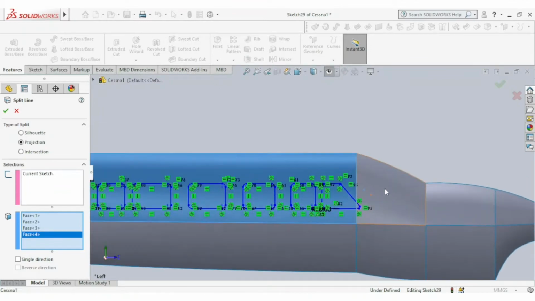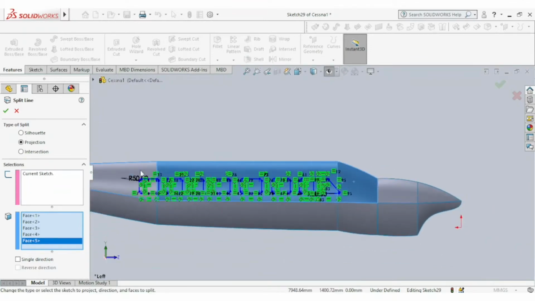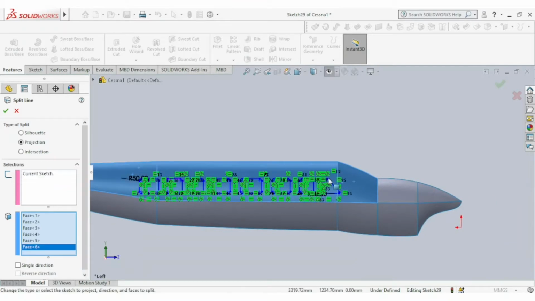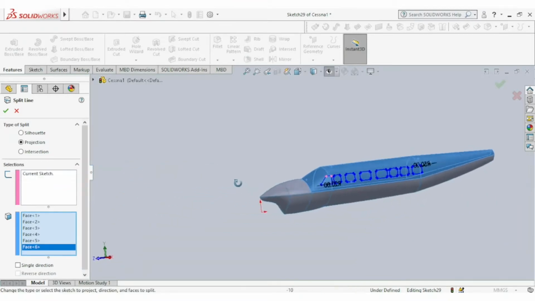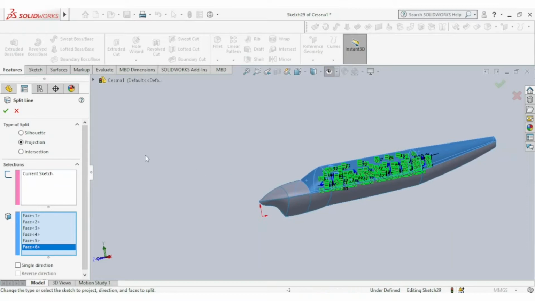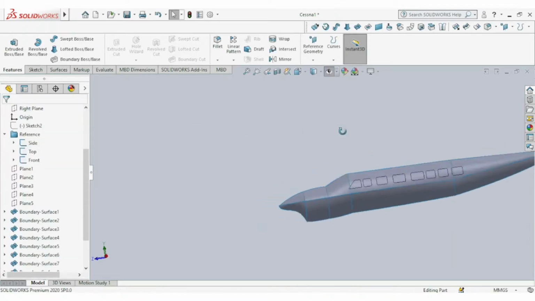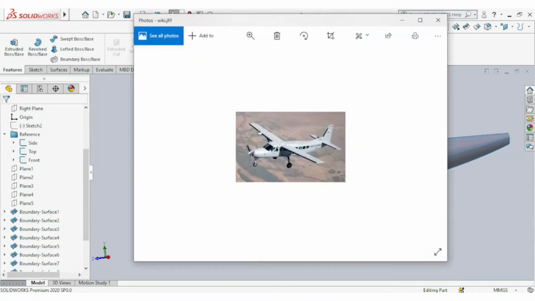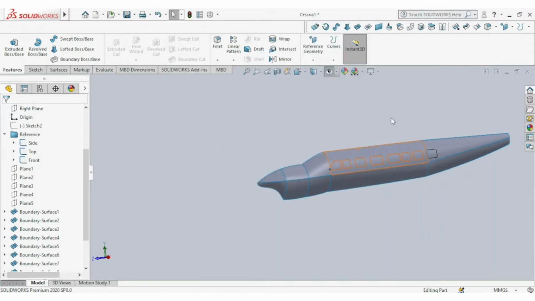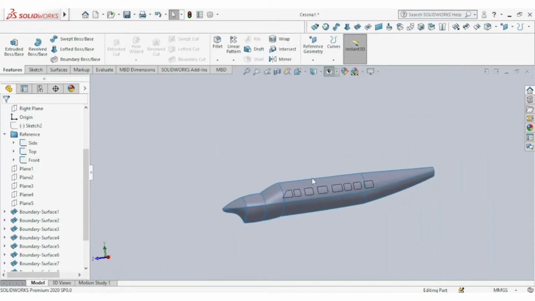I think on the right side is where passengers alight the plane. Okay, we shall put a door later. Where's the door? The door should be this one. Okay, right.